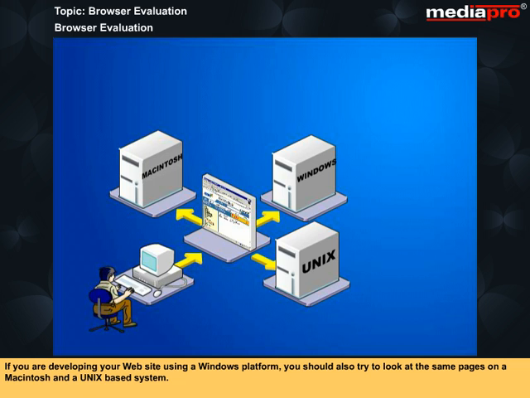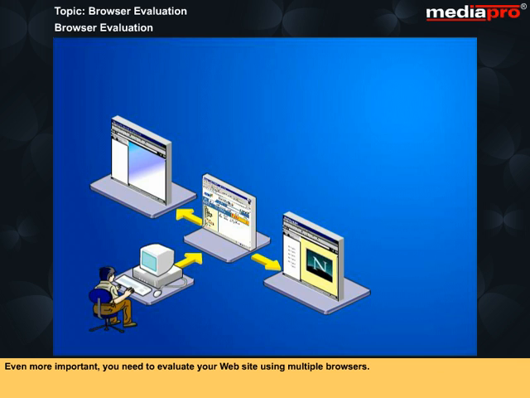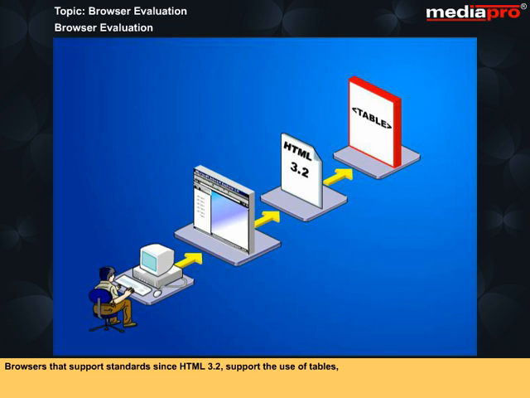If you are developing your website using a Windows platform, you should also try to look at the same pages on a Macintosh and a Unix-based system. Even more important, you need to evaluate your website using multiple browsers. Browsers that support standards since HTML 3.2 support the use of tables, whereas other browsers do not support the table